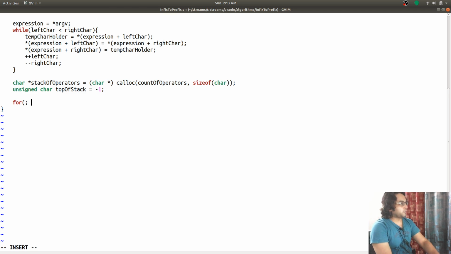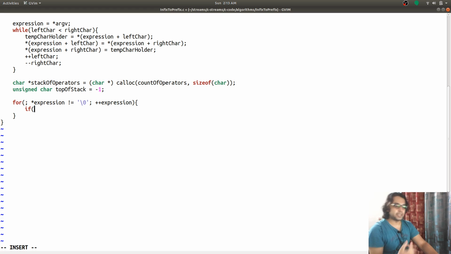We'll say that while we haven't reached the end of the expression, we're going to keep doing this operation.